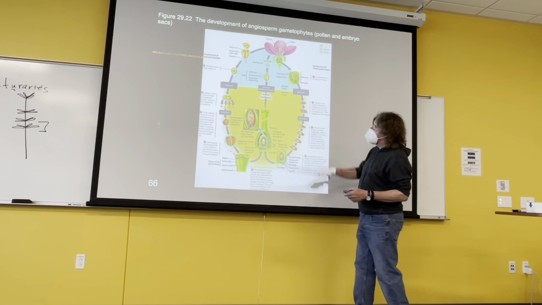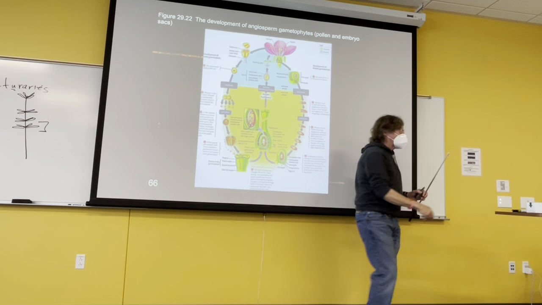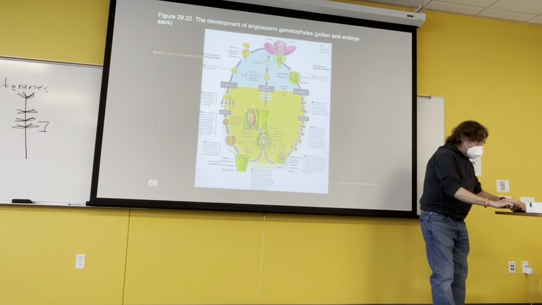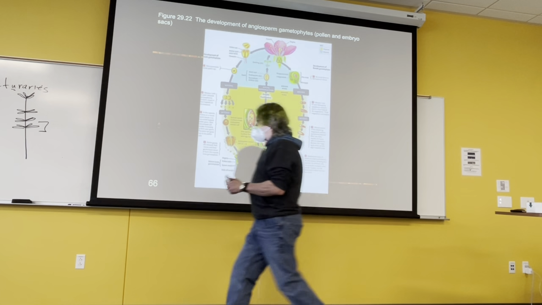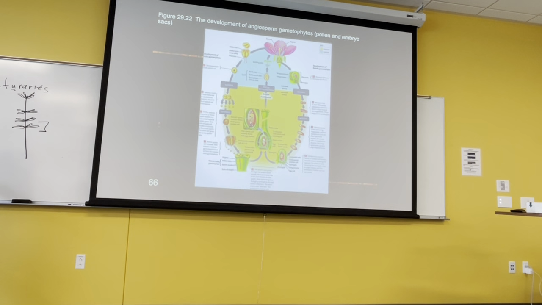This doesn't show it either. Okay, I'll just draw it on the board. So in that ovule, first of all, micropyle, okay, that's the micropyle. It would have, first of all,